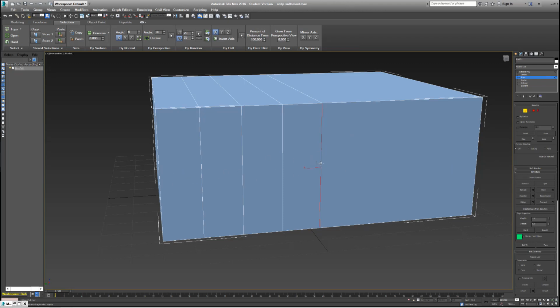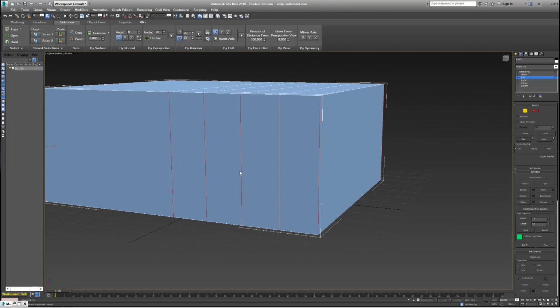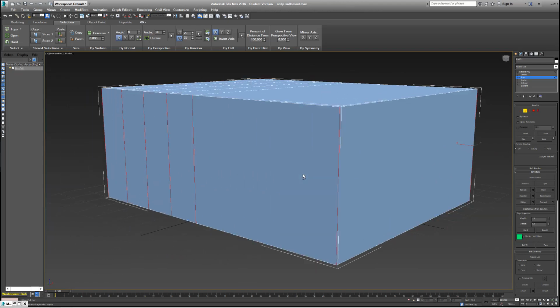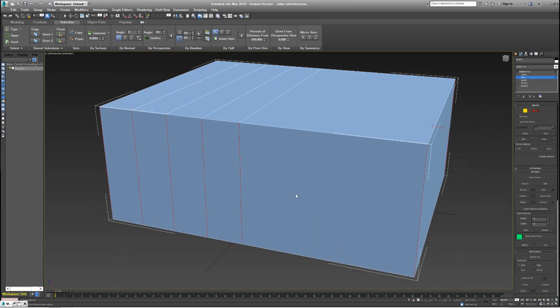So if I select an edge again, same practice, select the ring command, that's going to select a ring all the way around my box, and it's selecting every vertical edge along the box. That's perfect. That's exactly what we need. So maybe you're starting to see that the process of connecting, chamfering, ringing is a similar process. So the process is you select an edge, you either select ring or loop, depending on which axis you're working from. You would then